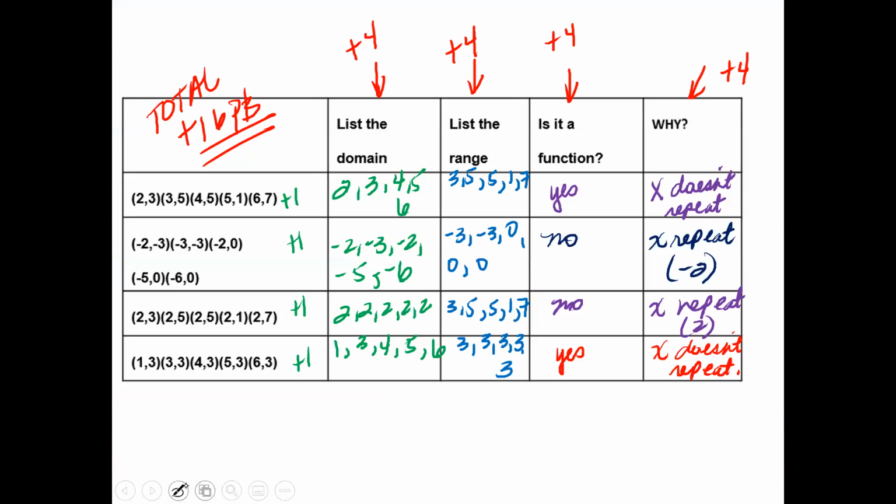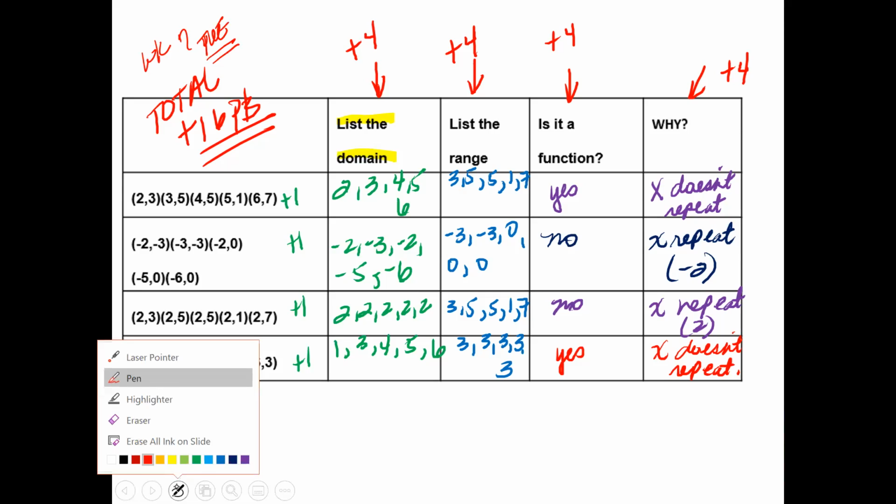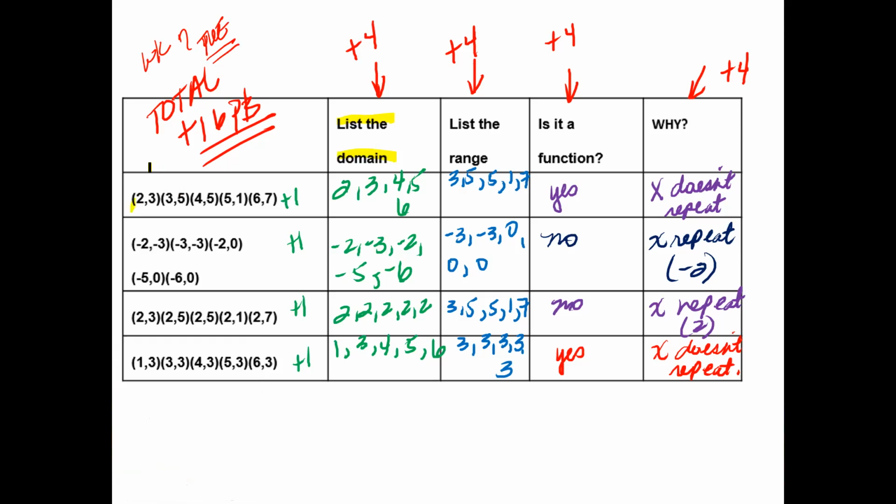All right, I just want to go over this very briefly with you guys. It talks about list the domain. This was from last class's assignment. So this is week 7, Tuesdays. Because on Wednesday we took an assessment. So your domains are always going to be the first number. So that's 2, 3, 4, 5, 6. Your domain or your range is going to be the second one, which in this case is,